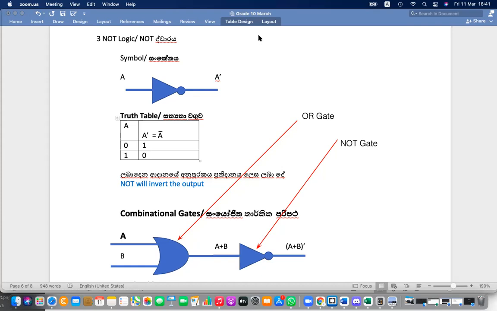Then it's very, very easy to do anything in the logic gate. Even up to A level questions you can do. Sometimes university first year questions also you can do. But you have to